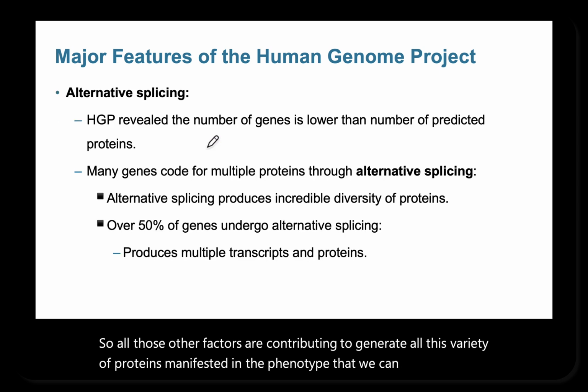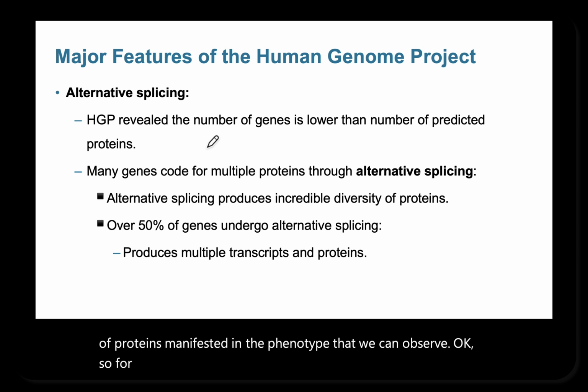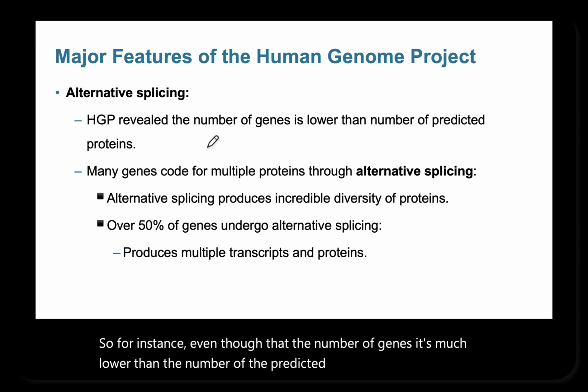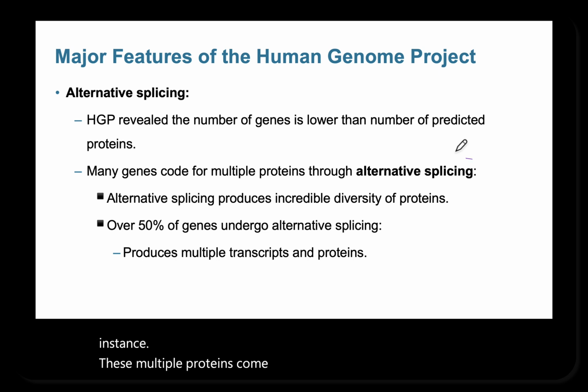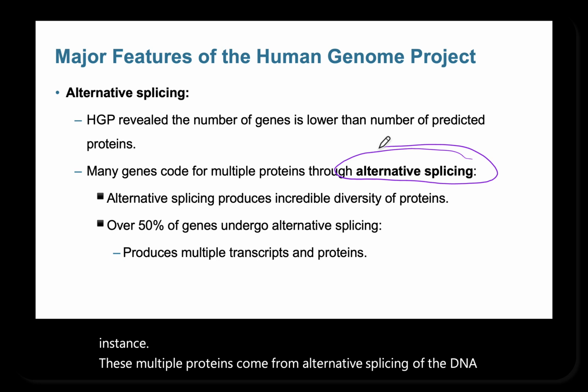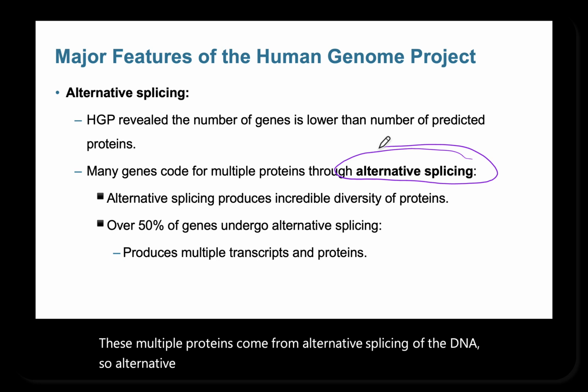For instance, even though the number of genes is much lower than the number of predicted proteins, we know that these multiple proteins come from alternative splicing. Alternative splicing is one of the means that the cells use to produce that diversity